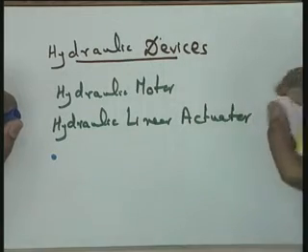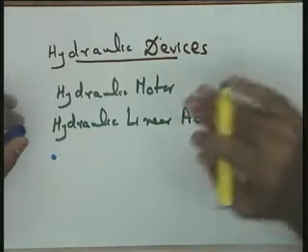is less in the case of hydraulic motor, and it is fast, that is, it can accelerate the load and decelerate the load faster than the corresponding electric motor. So, there are certain features of hydraulic motors, particularly the size and better transient characteristics, which make hydraulic motors a good selection for all those applications which demand high power.